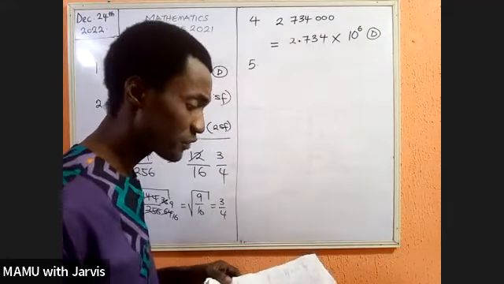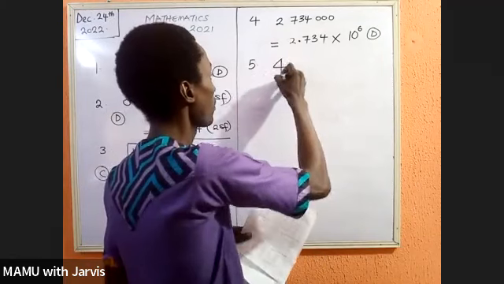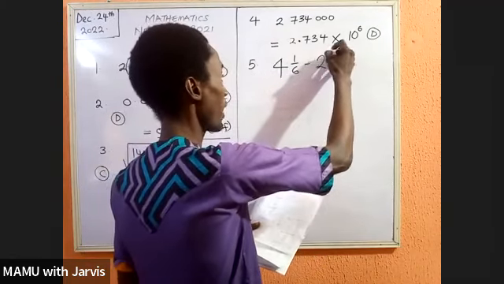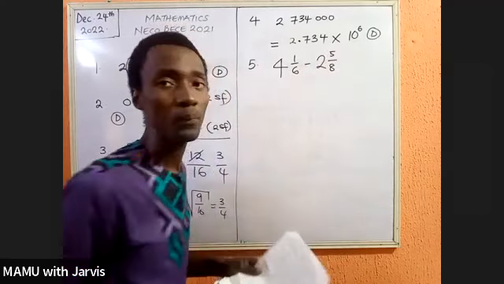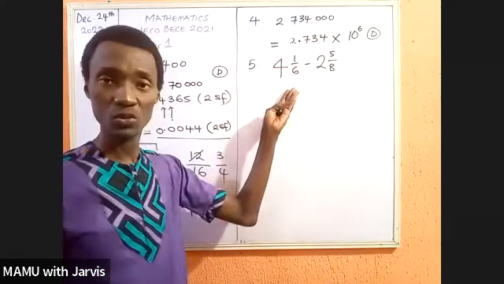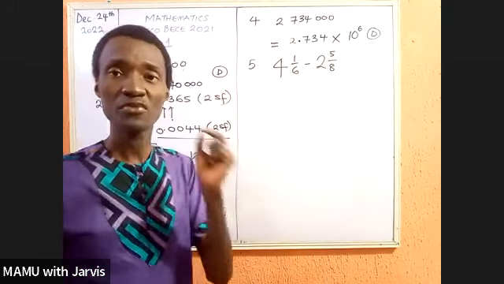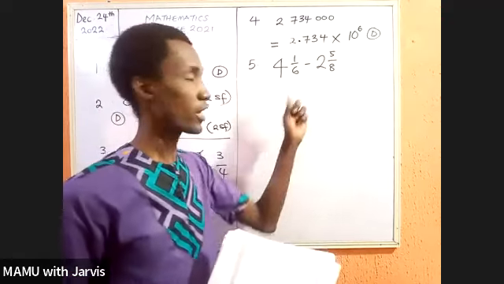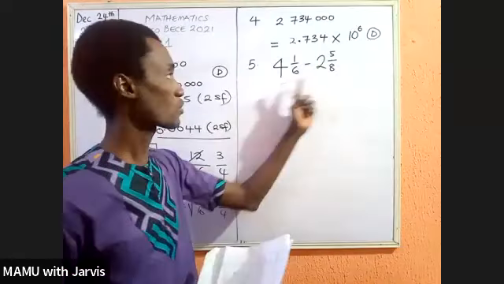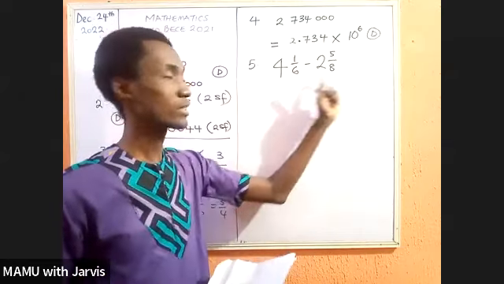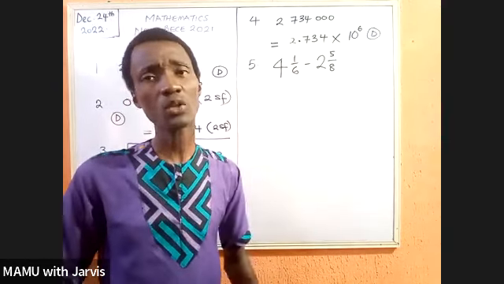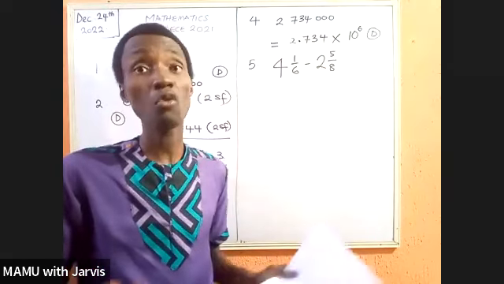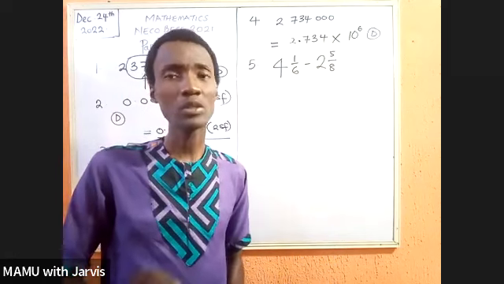In question number 5, we have 4 and 1/6 minus 2 and 5/8. Now, this is also another very simple question to solve. This question is testing your knowledge of addition and subtraction of fractions. And in this problem, we are subtracting fractions. I've seen a lot of teachers do this. They turn this to improper fractions and then solve. Oh, fine. In an exam setup, oh, fine. But technically,